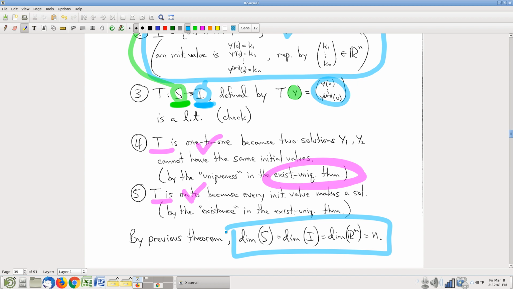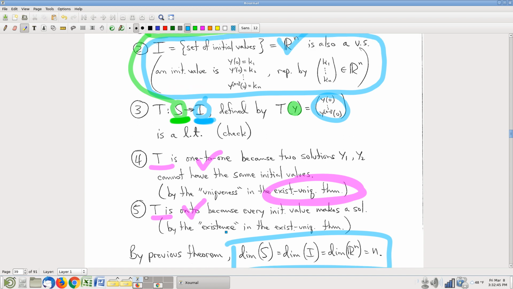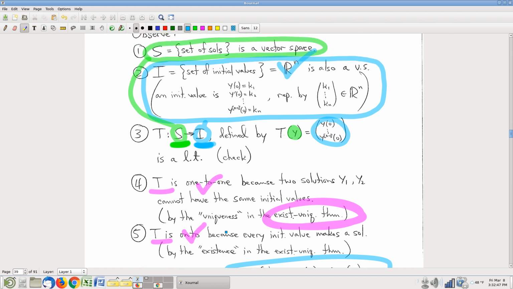So, really nice result. Ultimately, there's a couple of details to check, and I've left it as an exercise for y'all to confirm that this is a linear transformation. And yes, you do have to understand what the existence and uniqueness theorem says, right? But with those established, this is a short couple of steps to prove this result about the dimension of the